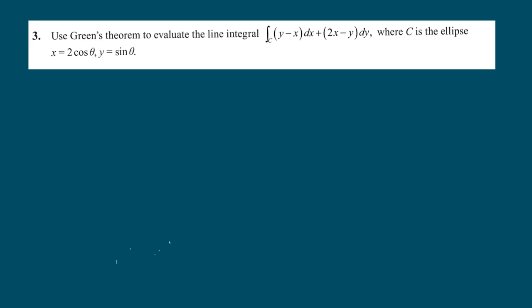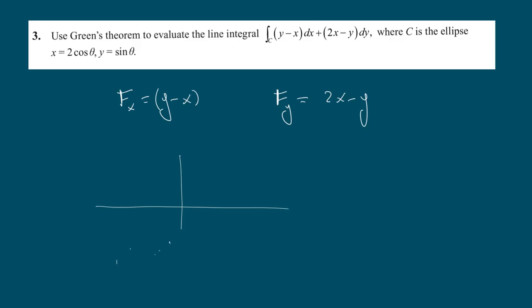The next problem says use Green's theorem to evaluate the line integral of the vector field whose components are: the x component of the vector field is y minus x, and the y component of the vector field is 2x minus y. And the curve C is an ellipse, and the ellipse has a